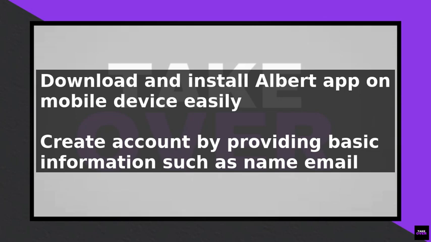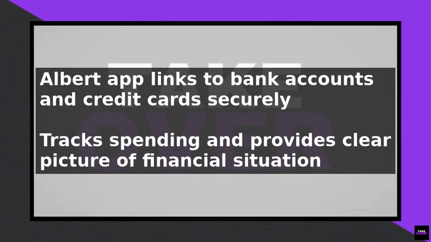First, you need to download and install the Albert app on your mobile device. Once installed, create an account by providing some basic information such as your name, email address, and password. You will then be asked to link your bank accounts and credit cards to the app. The Albert app uses a secure and encrypted connection to link to your accounts, ensuring that your financial data is